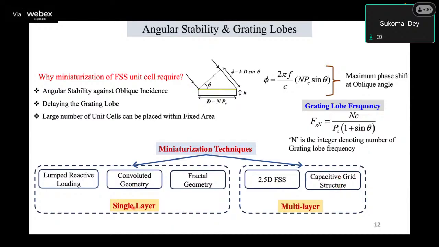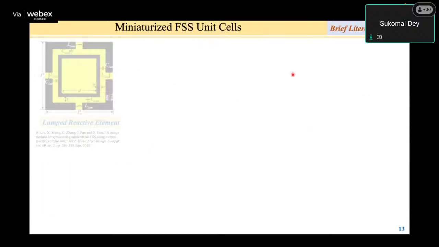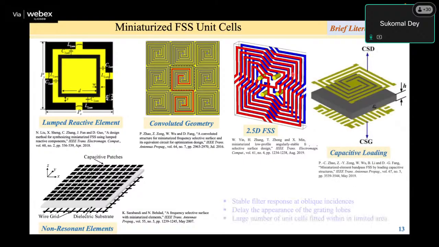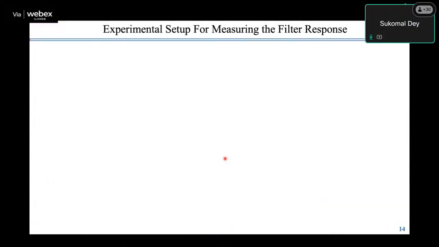Okay, so this is the way one can improve the miniaturization of the FSS and also overcome the grating lobe of the structure. Now, the question here is that there are different varieties of miniaturized FSS available. These are some of the structures you can see: the lumped reactive element, convoluted geometry, and others. Now, with this, let me start with the